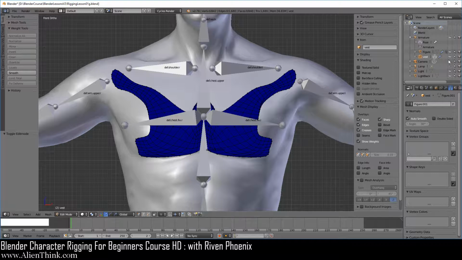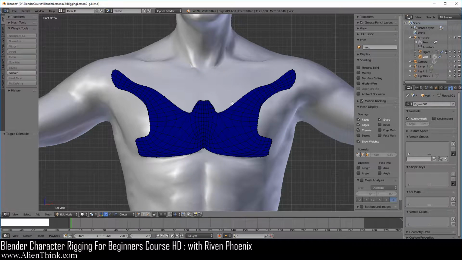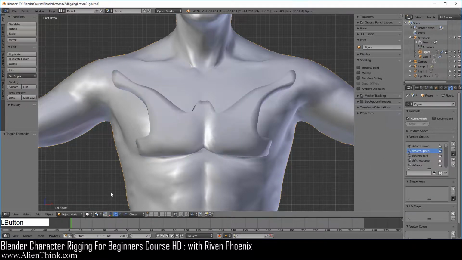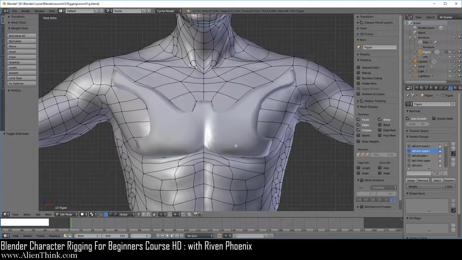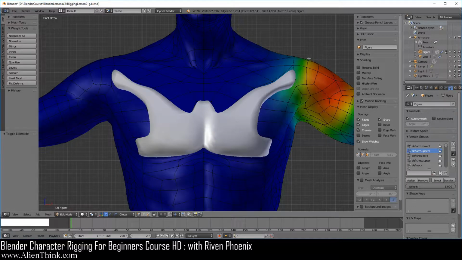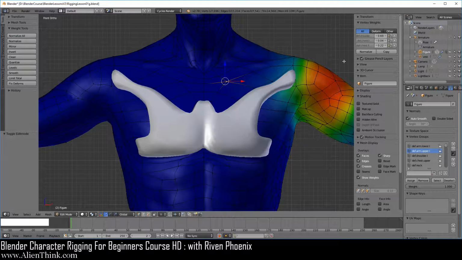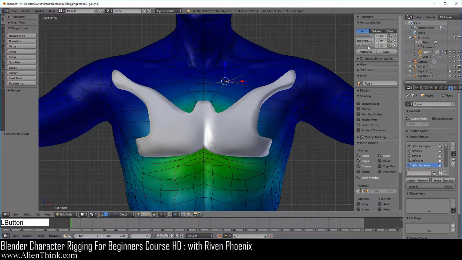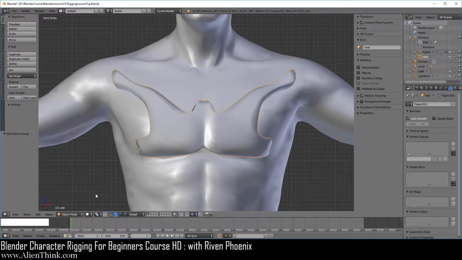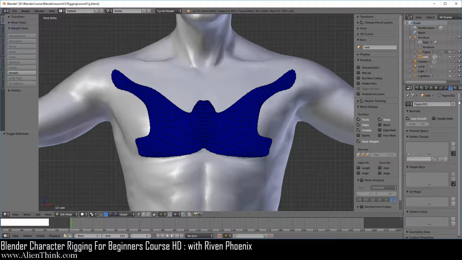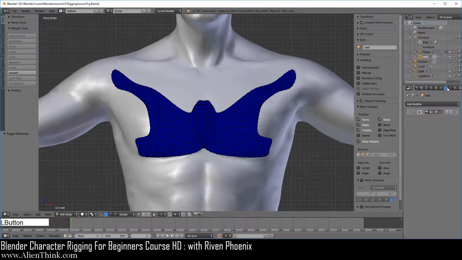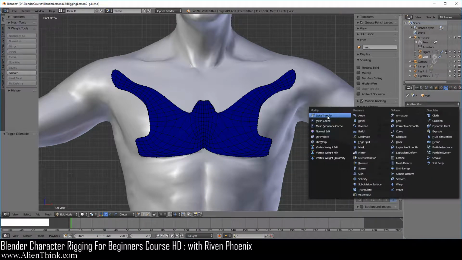Okay, so now go ahead and turn off the armature for a second. Now in order to capture the weights that are already on this figure, meaning that if we click on this figure, go to edit mode over here and do show weights, we want to capture the weights that are near this area, right? Like the chest over here, these weights. So how we do this is you click over here on this object, switch to edit mode, go to the modifiers tab, click over here, and then choose data transfer.